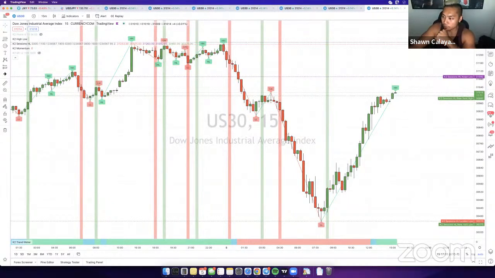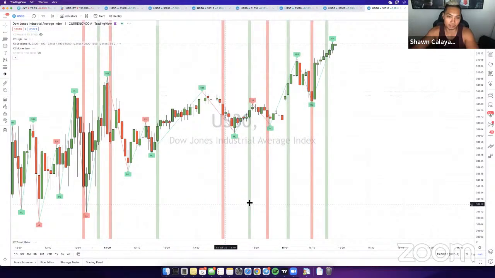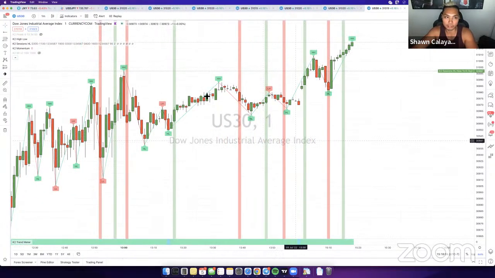Question from Frazier. Frazier said, I have a quick question about the high low. On the V3 requirement, it says confirm high low. Does this mean there's no need for it to be a higher high or a lower low? It can be any high low. So it can be a lower high, higher high, lower low, higher low. It doesn't really matter. When you're confirming these high lows, you're just looking for high lows that have not been broken yet. So for example, if you're applying the V1 or the V3, like you mentioned,